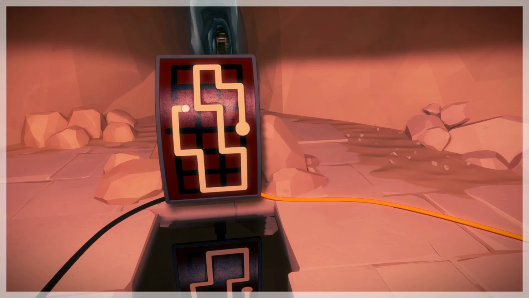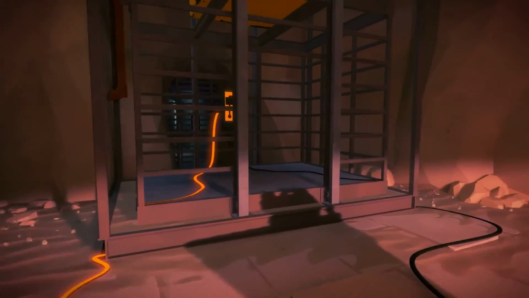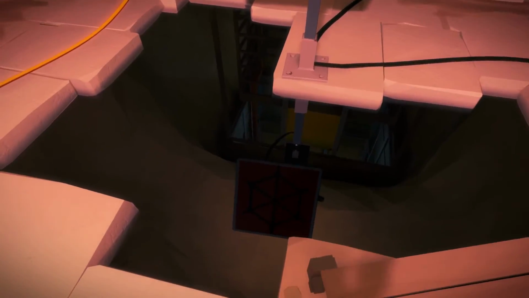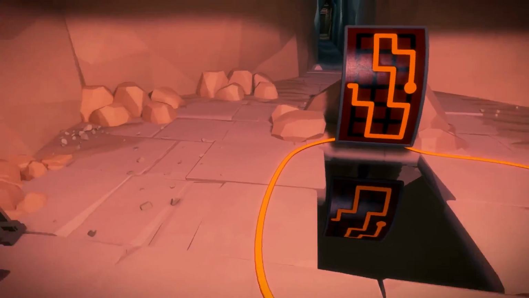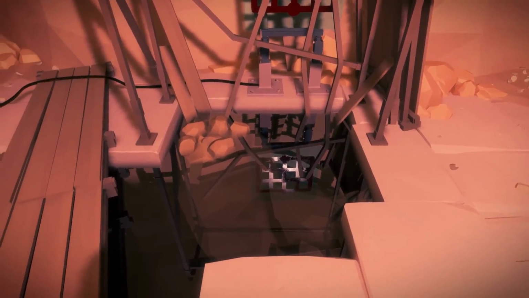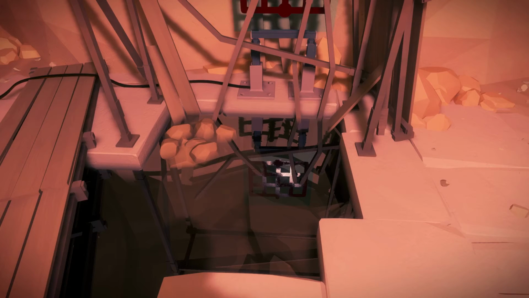Am I doing that right? I guess I am. So we've almost got that cleared. Let's see. So there's a power thing here that will tilt that better. Let's see, how can we solve this? Because we've got to solve it, oddly enough. The light here will tell us the path. So start at the bottom, go all the way to the right, and